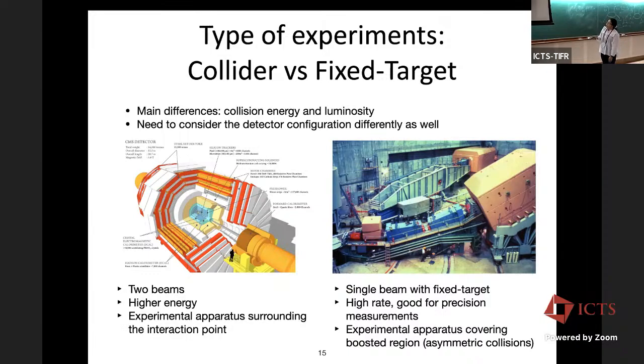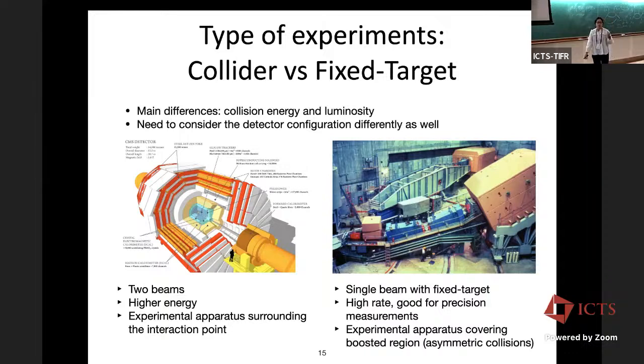And as I mentioned, when you think about particle physics, everybody just wants higher energy, right? So why would you want to do fixed target experiments? What's the advantage of it? I mean, of course, there might be some other advantage to look at some specific experiment or process. And one of the big advantages of the fixed target is the high rate.